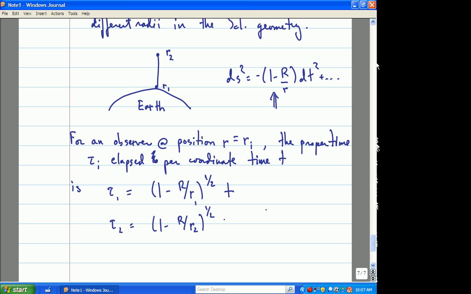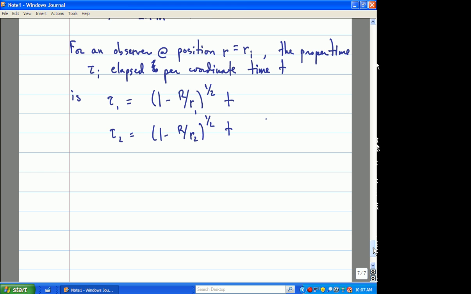So you could then imagine that these physicists sitting on the bottom and top floors of this physics department perform the following experiment. So let's imagine that the observer at R1 sends a signal to R2 and sends this signal once per proper time